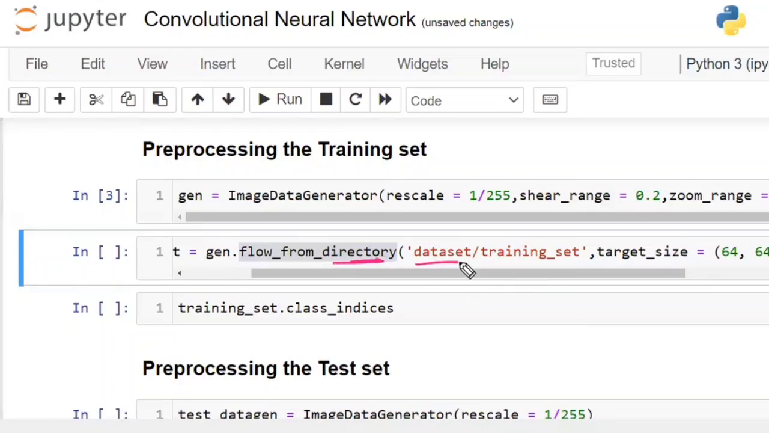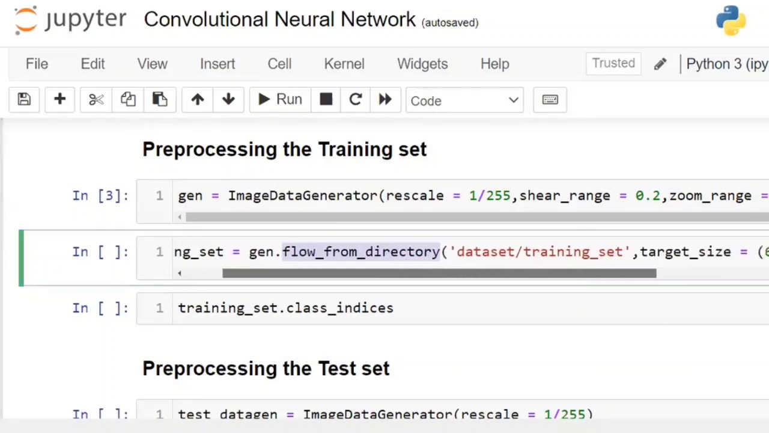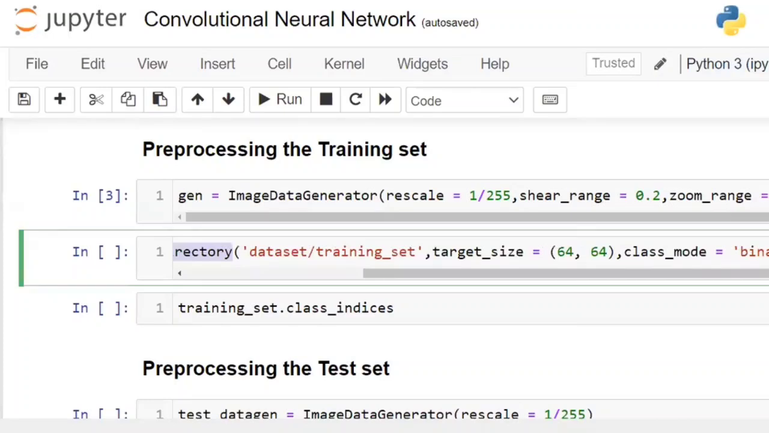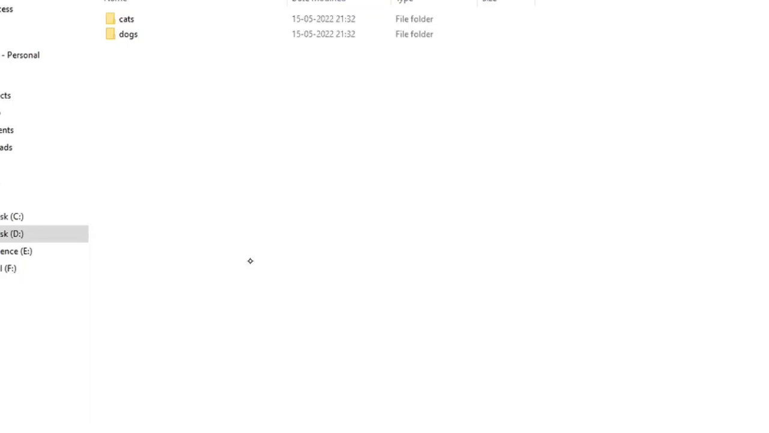In the given directory, there is a data set, and inside that folder, the training set is available. In the training set, whatever folders are there, you have to collect them one by one. And target size is equal to 64 by 64. What this means is, for each image, whatever the image is,